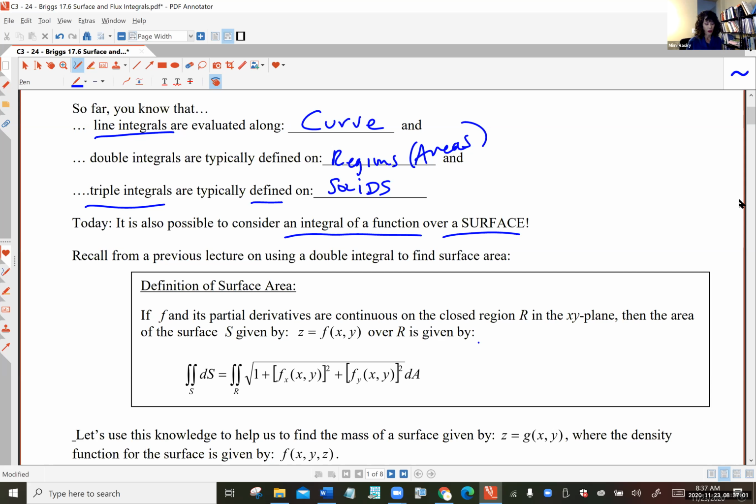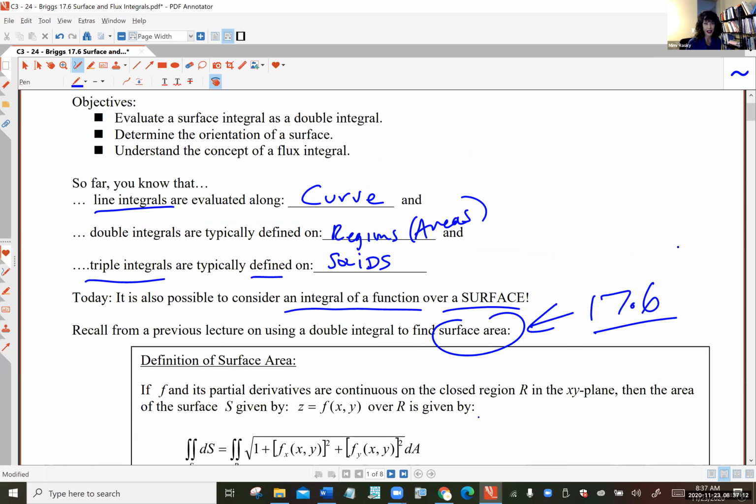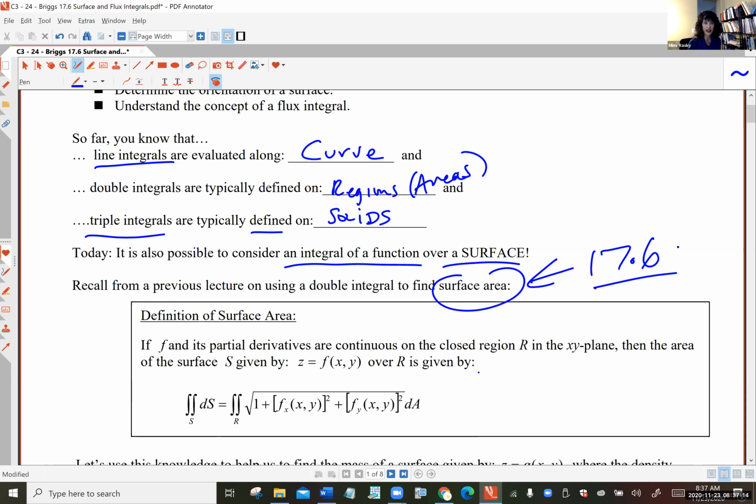Yeah, when I made you do 17.6, and actually it was a portion of 17.6. I didn't have you do all of 17.6 because that's what we're doing right now. The little portion of 17.6 that you've already studied is using a double integral to find surface area. Remember? So here's the review. If you've got a function f and all its partials are continuous on some closed region R in the xy plane, the area of that surface S given by z equals f of xy over R is given by,